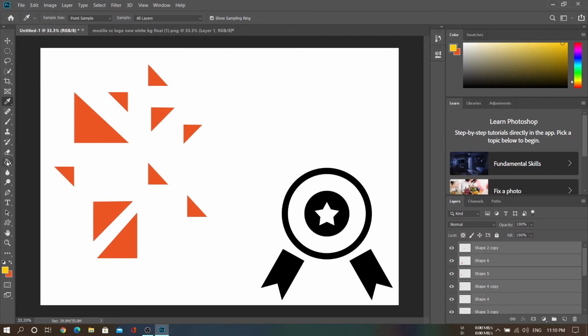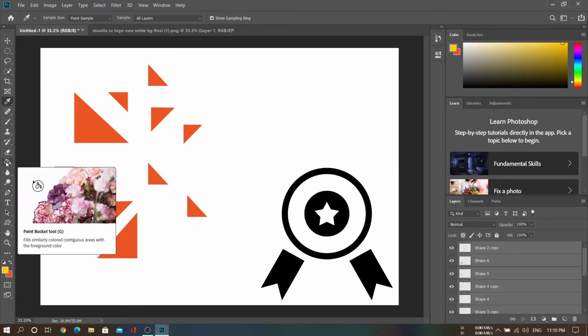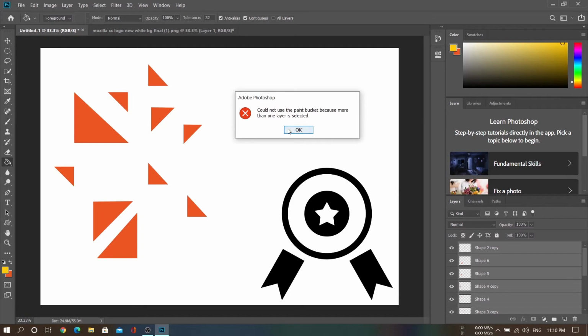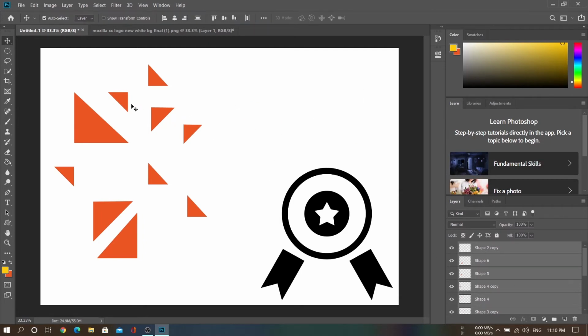This is the paint bucket tool which we are going to use to paint the different shapes, or you can also use fill, but I'm going to use paint bucket because that is easy. I'm going to fill yellow color in this. First we are going to select the shape, then we are going to the paint tool, and then we are going to fill it.